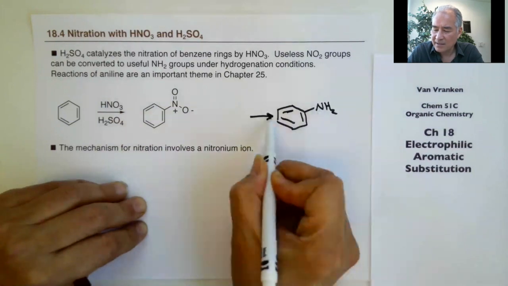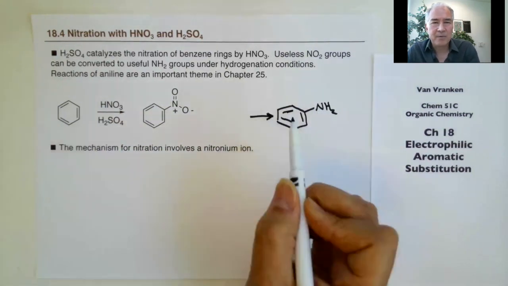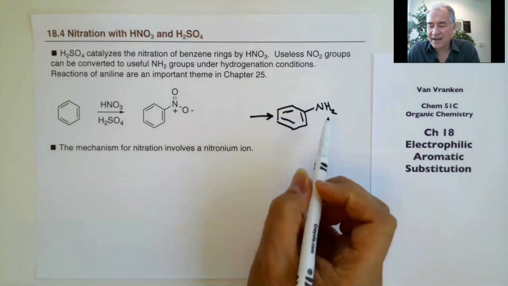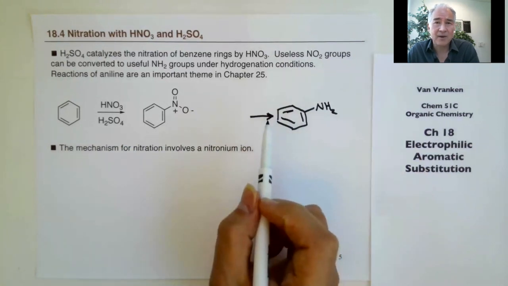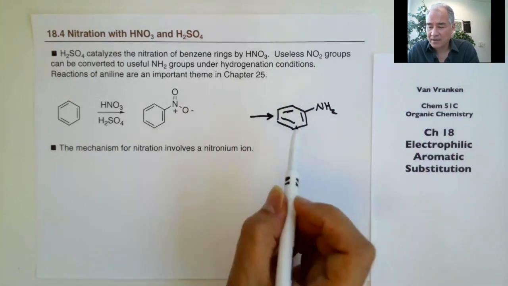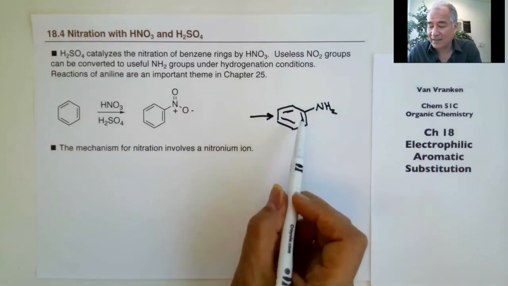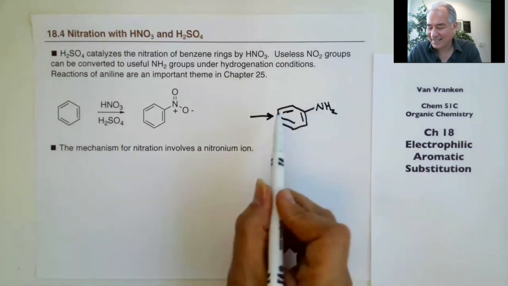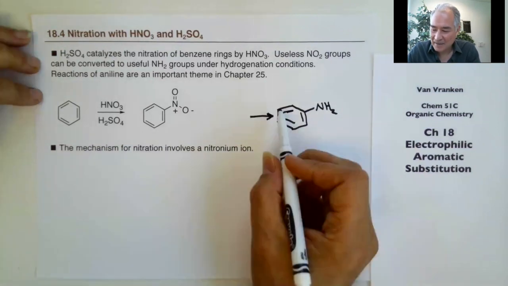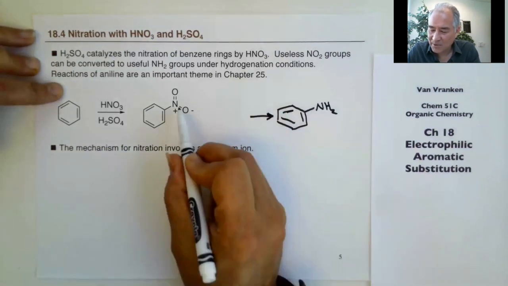Anilines were the basis of the chemical industry. There were all these German dye companies that made dyes out of aniline. So BASF, the largest chemical company in the world, is Badische Aniline und Soda Fabrik. It's an aniline and soda factory. They made aniline dyes. Here's the secret recipe for reducing a nitro group